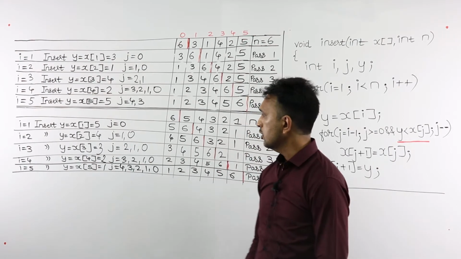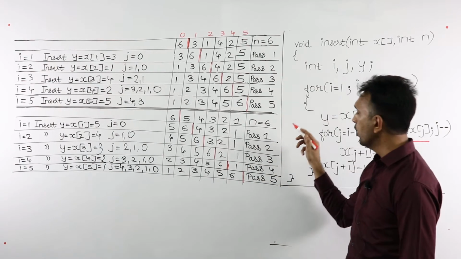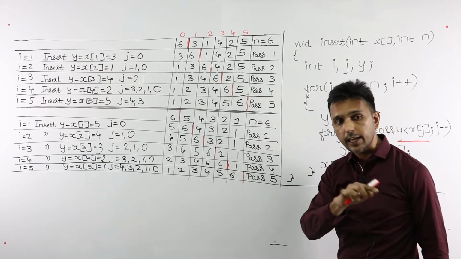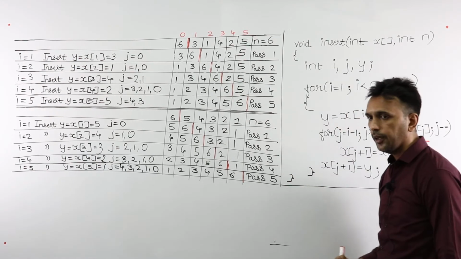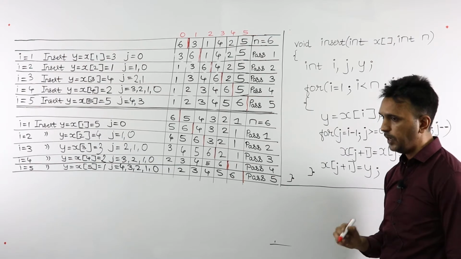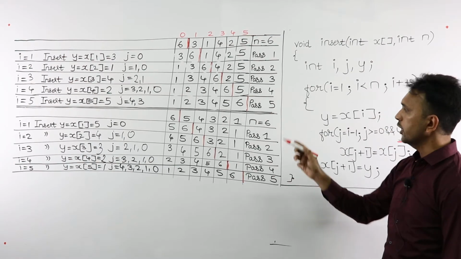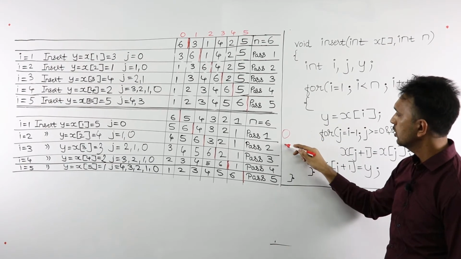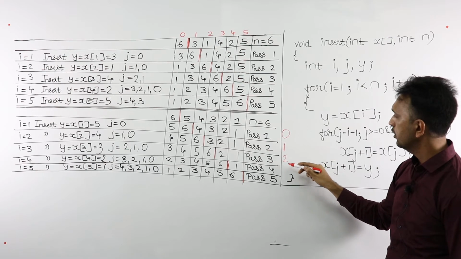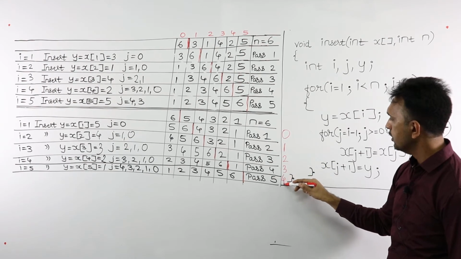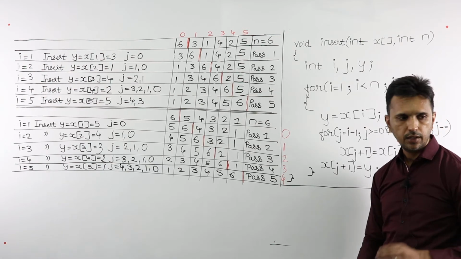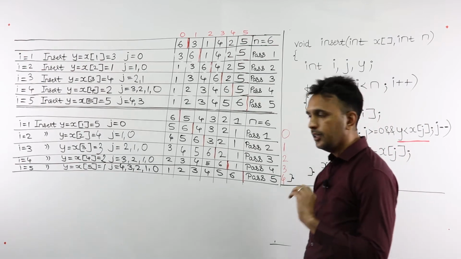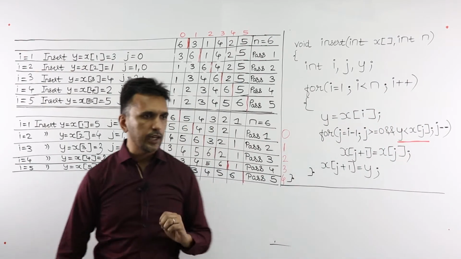Now, whatever I am writing in red color, these are the values of j in the second working, the best case. So, in pass 1, j took which value? 0. Then pass 2, 1. Then pass 3, 2. Then 3. Then 4. That means in each pass, j took only one value. Do you agree with me? Yes. That is not very difficult to understand.